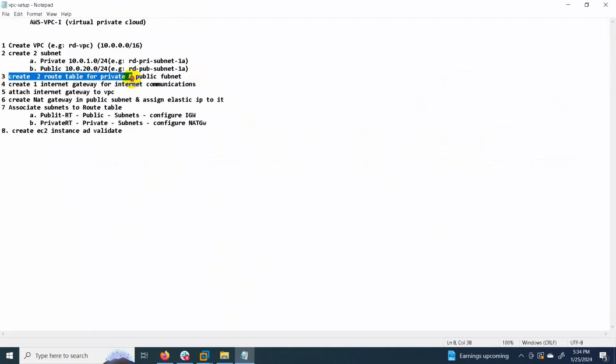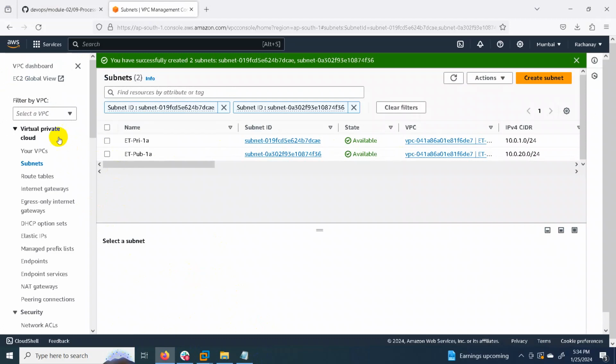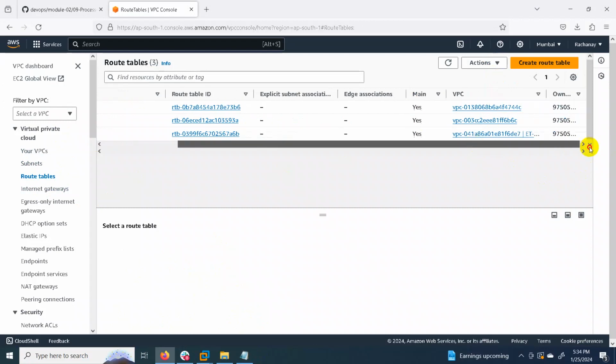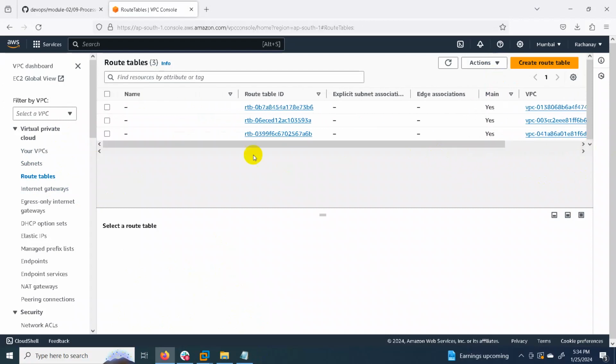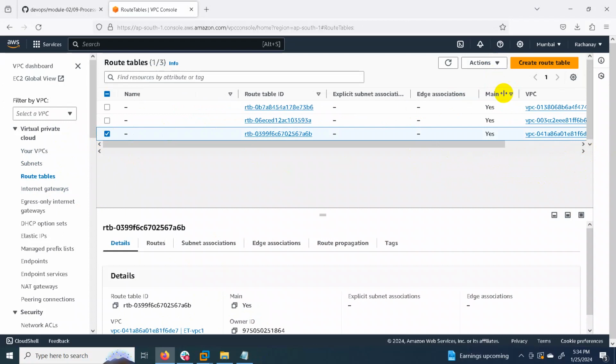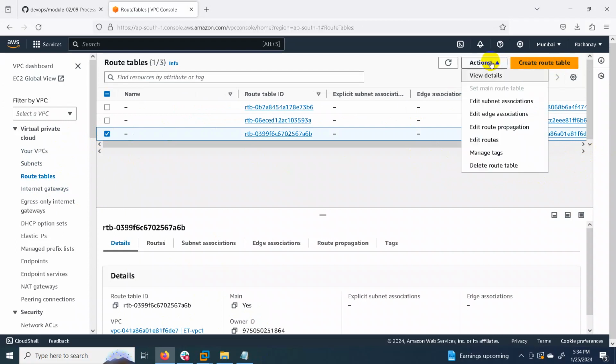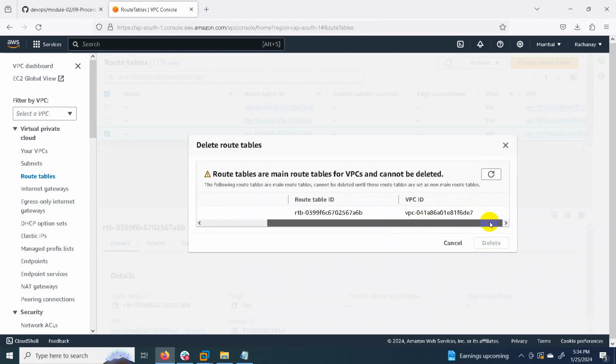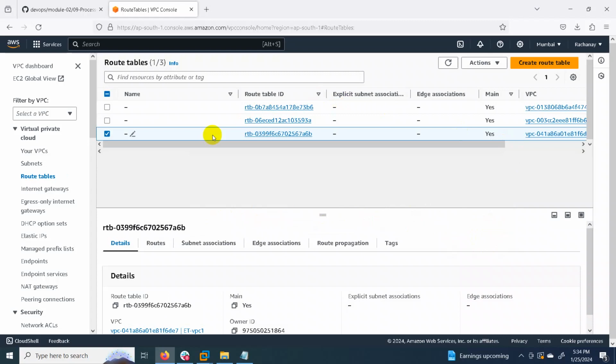After that, we have to create two route tables. One is for private and one for public. Let's go to route tables. Create a route table.